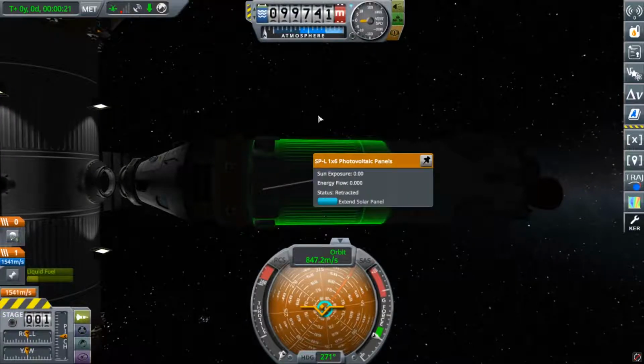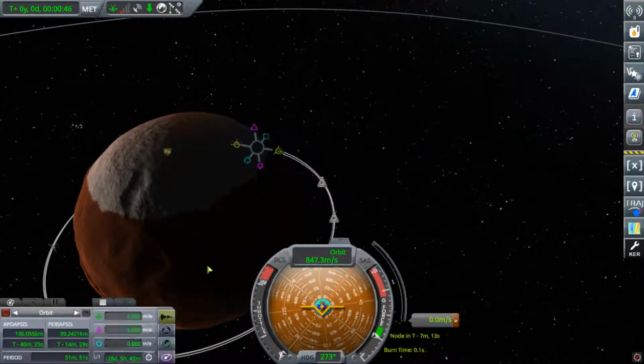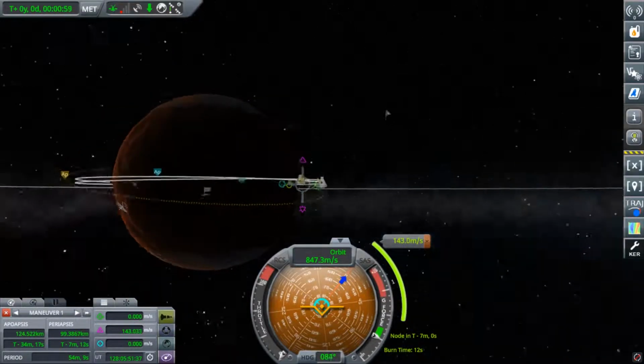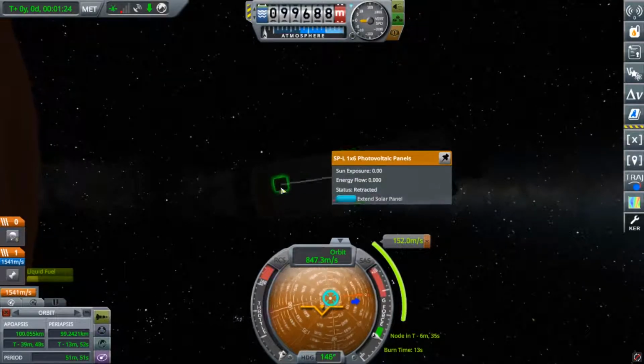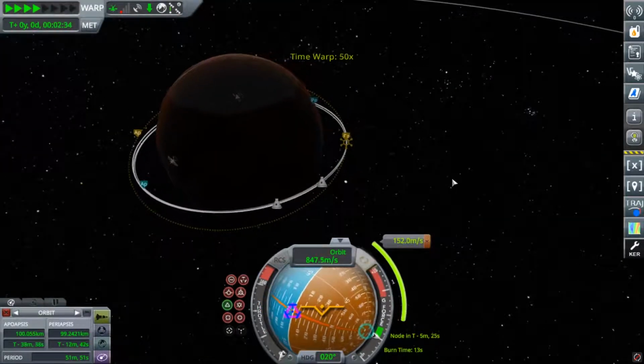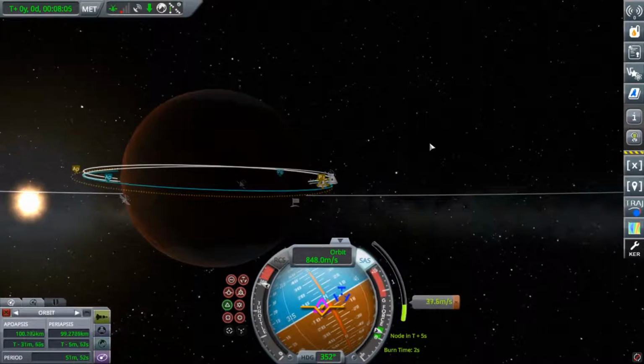Excuse me. And we're back to DSS. So I've decided about how much fuel I want, and I have... what was I going to say? Decoupled, and now I'm going to do the exact same thing I did with the Rover, except with the ferry,